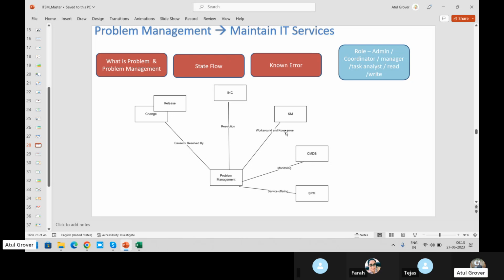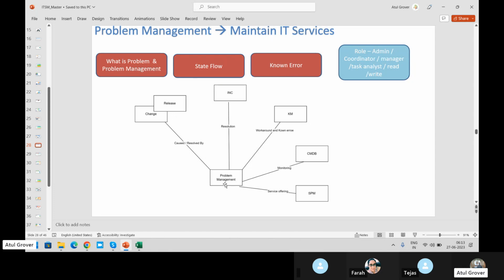Then he said, sir, I know this is a problem. It's known to me. I'm just waiting for a new lock and I'll install that. What is that? That is a non-error. He knows this error. And then he gave me the workaround: sir, put the key in, push a little bit and then move. And it worked. That is a workaround. But we are human beings. We cannot remember each and everything. So all these things will get recorded in knowledge management.